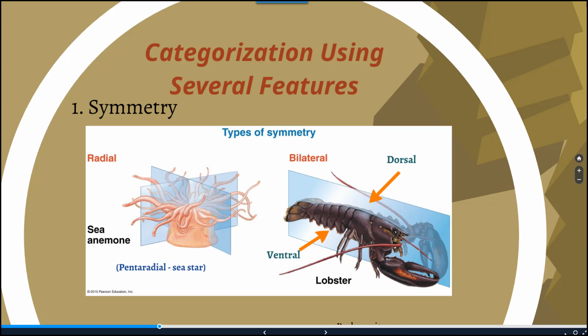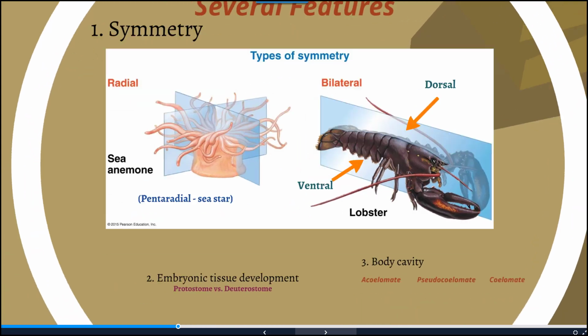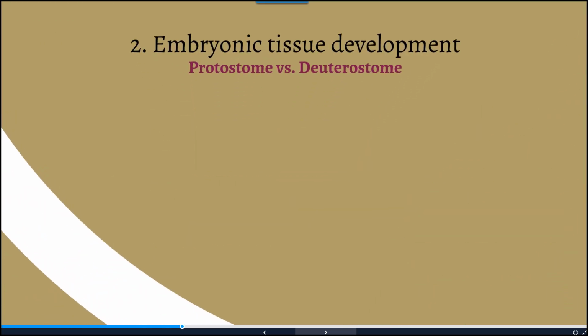And we do find that there's different structures at the front versus the end, which we will talk about in a second. Another couple things to note is that the top of the lobster is referred to as the dorsal side, the bottom is referred to as the ventral side, and we can use this when we're discussing different structures of the organisms.